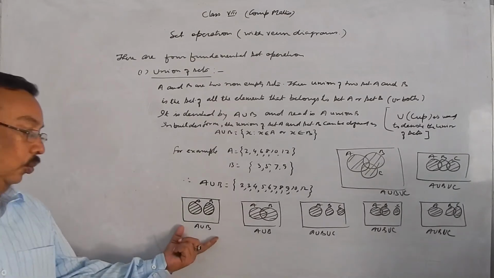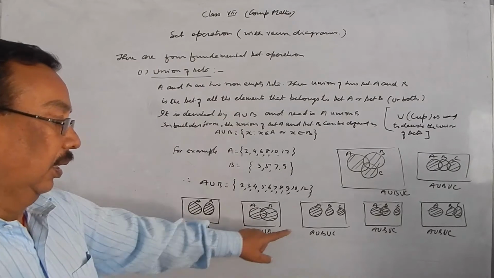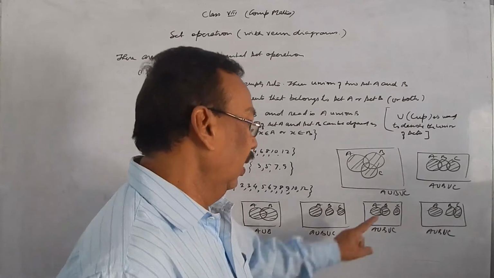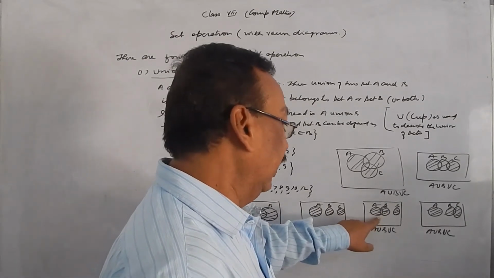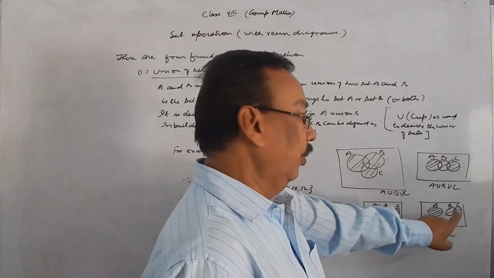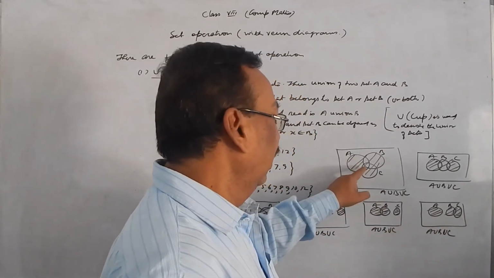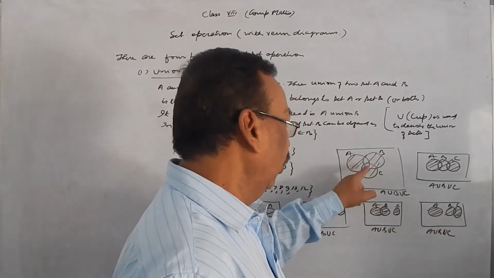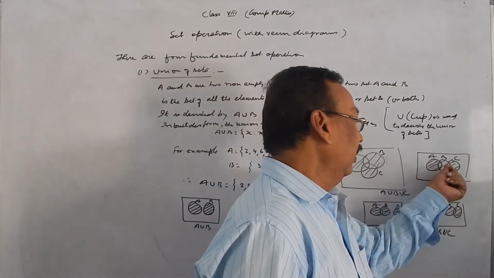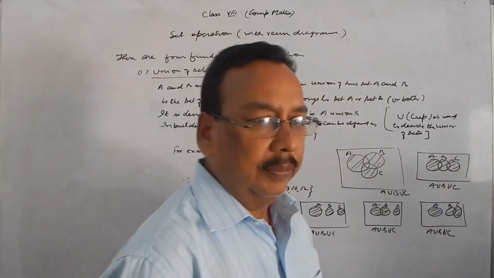In all figures, here two figures we have taken. We can write A union B. If they have no common element, we can write like this one. If A and B have common elements, we will write this one. C has nothing in common, so we will separate. Here B and C are common, so we will write this one, and this one is separate. And here some elements are common in all, then we will go for this one. A and B are common, B and C are common. In that case, we will write this one.